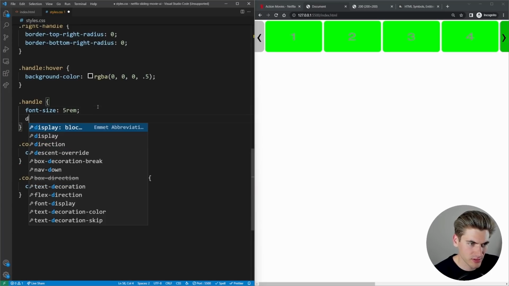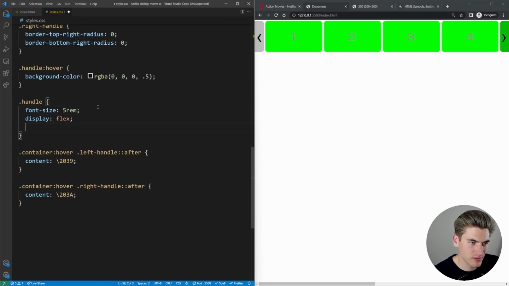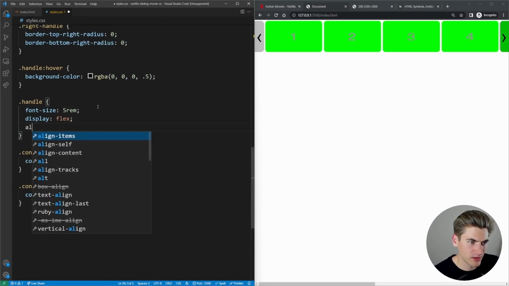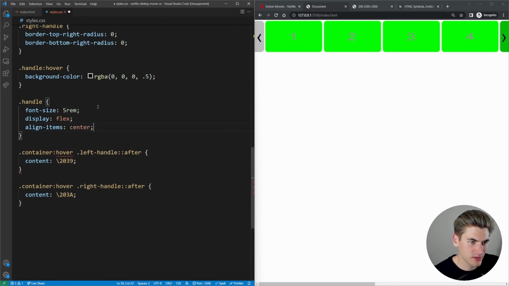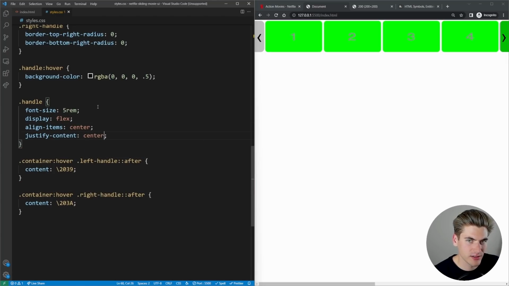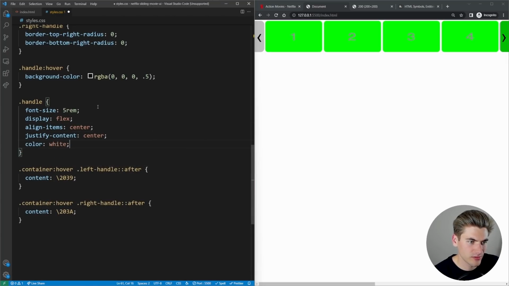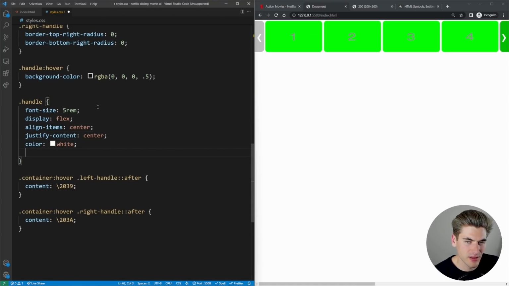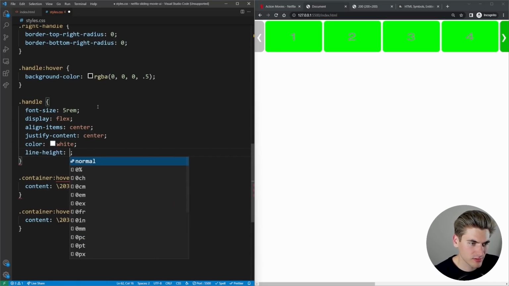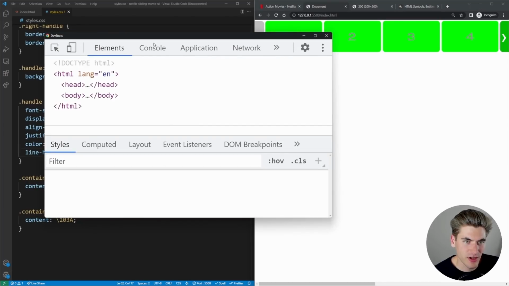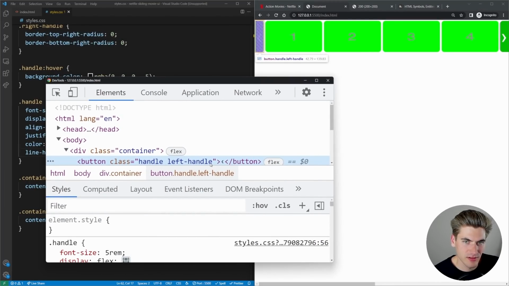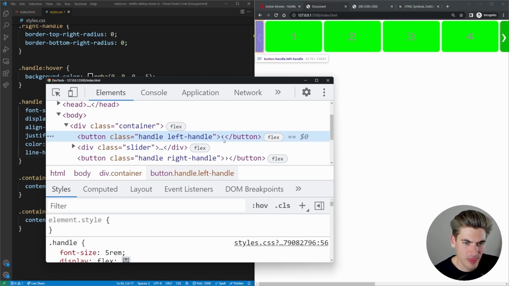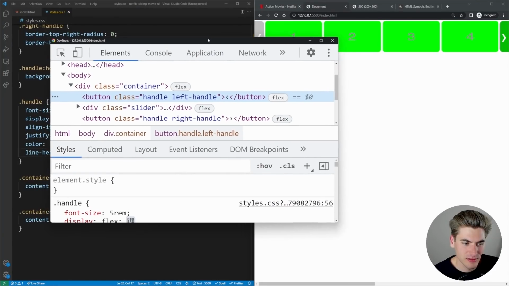Actually, probably the best thing to do is display flex, align items center, justify content center, color white, and then line height 0, I believe. Because the annoying thing about some of these font things is that they are just very not centered. As you can see, this is like not centered. It looks like it's lower than it should be to be centered.